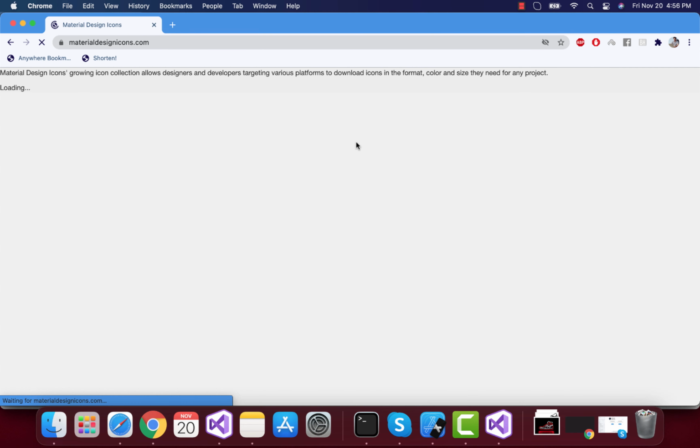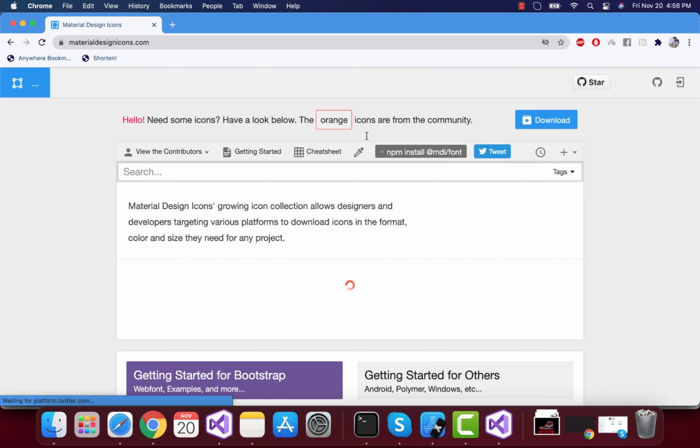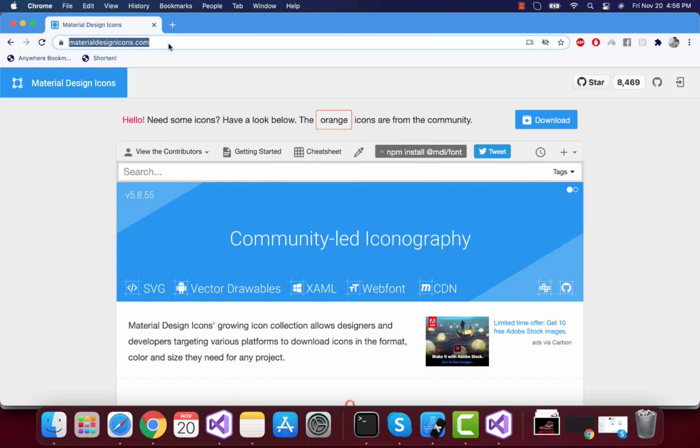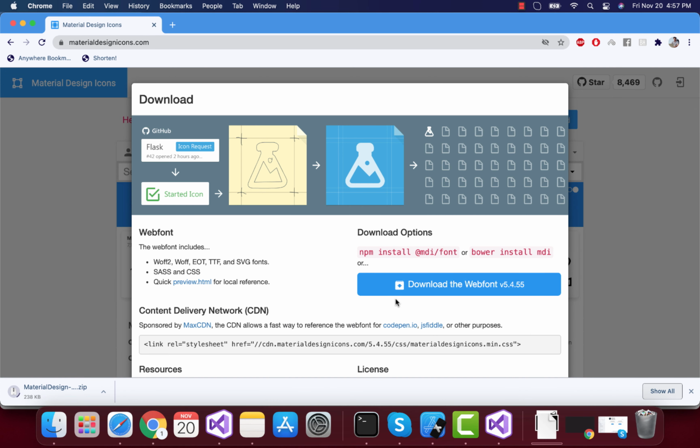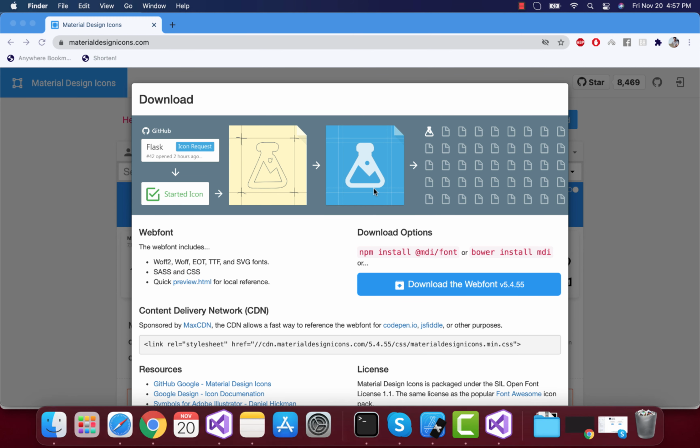So you are going to go to materialdesignicons.com, where you are going to download the icons that are required in your project. From here, if I click on download, then this is the option. If I select it, then it will automatically download. Then if I select that specific zip file, it will extract it.